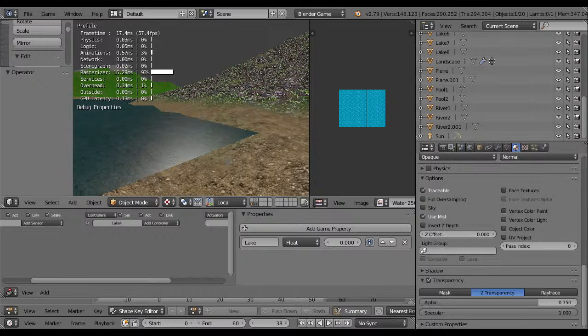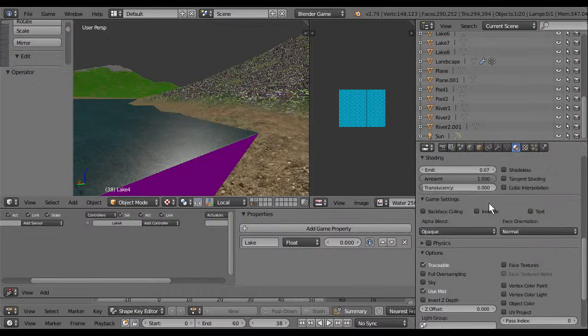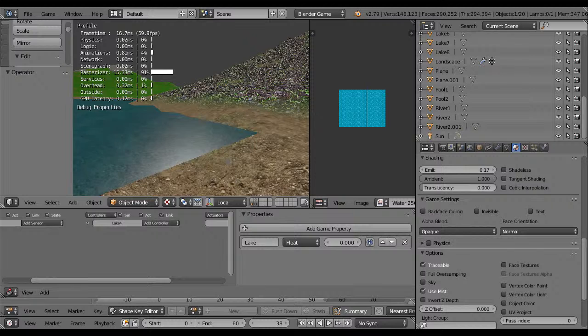Yes, it's still darker, but maybe I'm going to increase the, oops, that's too bright. There it goes. Imagine again. Okay, too bright.